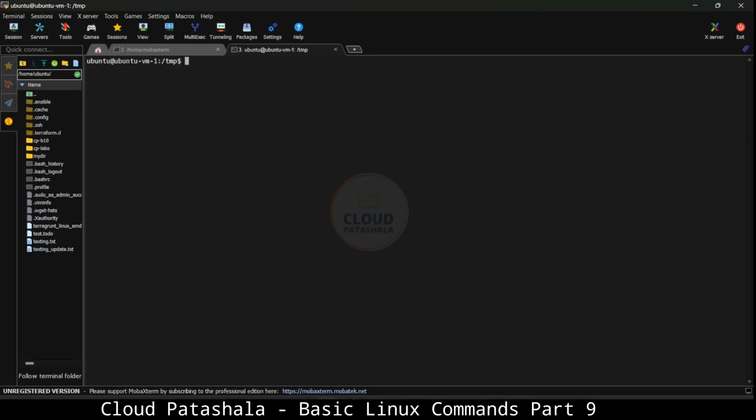I'll clear the screen. So just hostname would actually display the name of the server or the hostname, that is ubuntu-vm-1, whereas hostname -I would display the IP address of the server. As we know, this is actually giving us the IP address or the loopback IP address of the server, that is